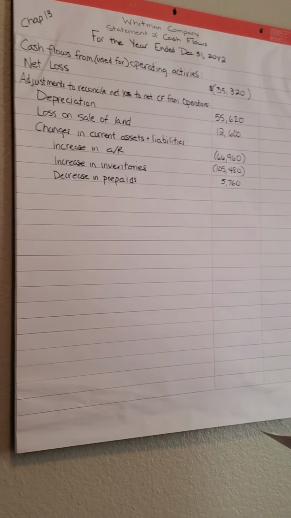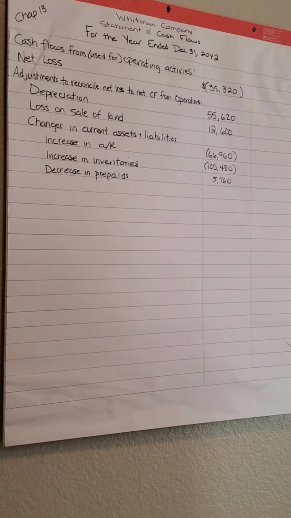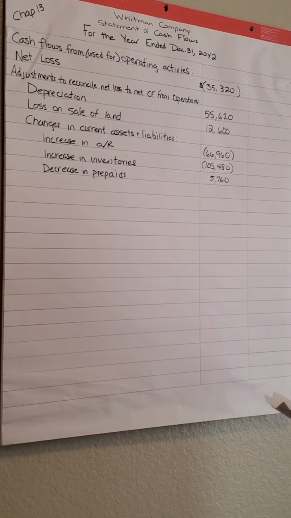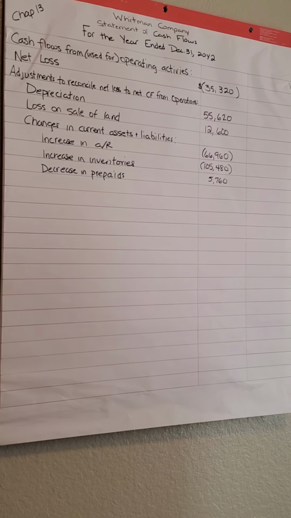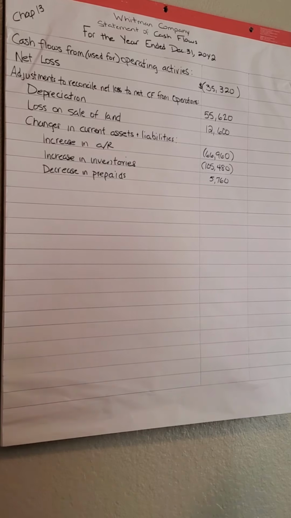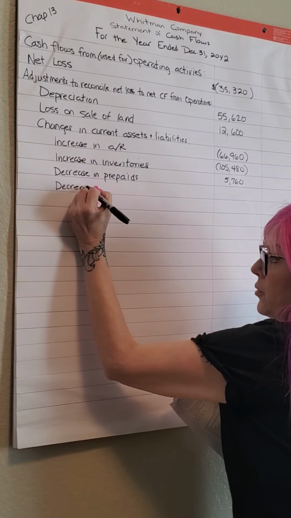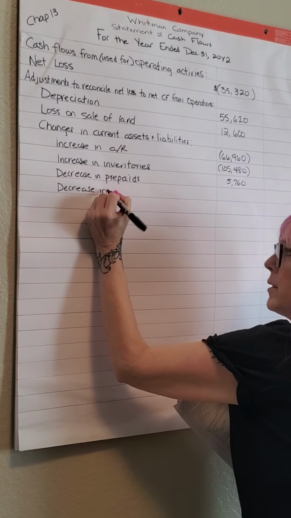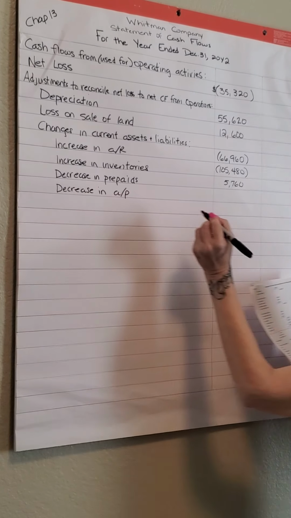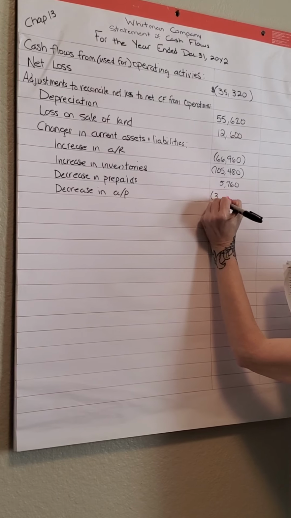All right, so that means that we paid some items on account. We didn't pay out cash from that. So that amount we are going to subtract from our accrual basis net loss. So decrease in accounts payable. And that amount we're going to take out,